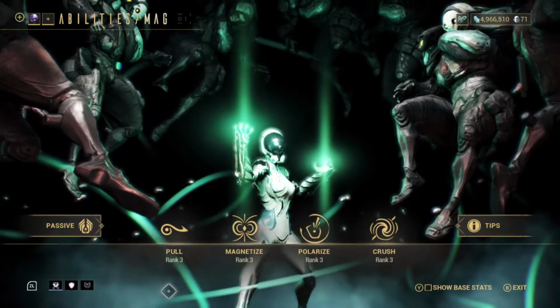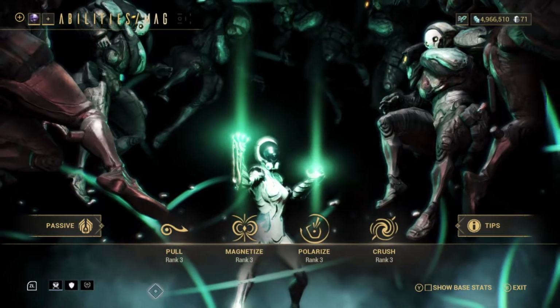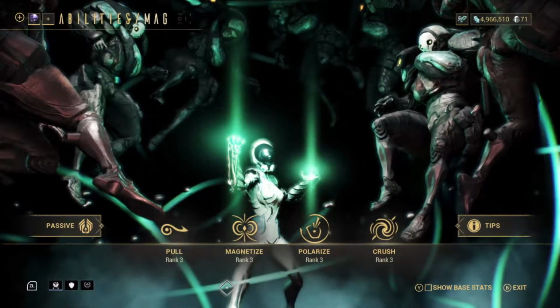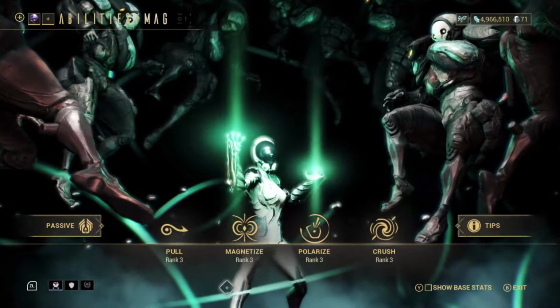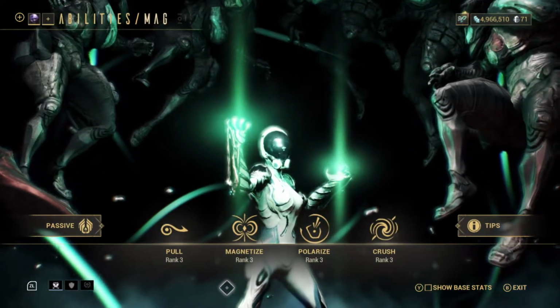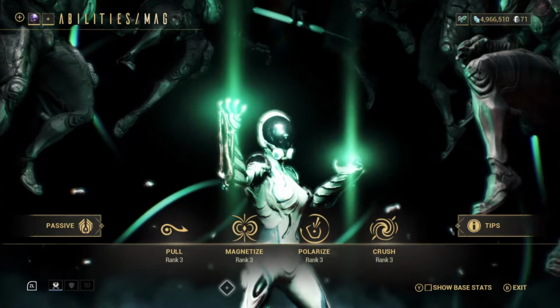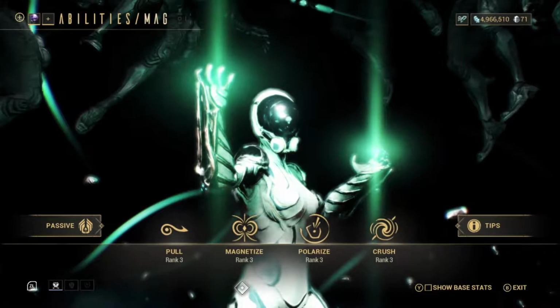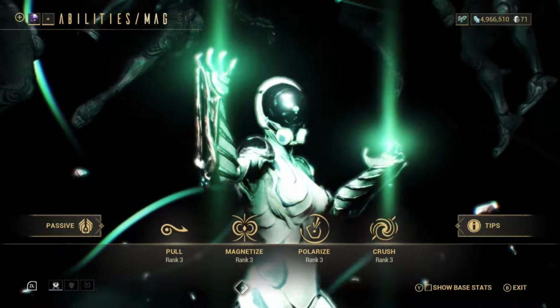So Mag is a pretty unique frame. To be completely honest, she is probably the most technical out of the 3 frames that you start out with, just because her kit interacts with each other in a very interesting way, right? And I'm going to display that a little bit for you guys. And a lot of people, myself included, are going to recommend to you that you don't start out with Mag, simply because, one, she's super easy to get in the star chart,